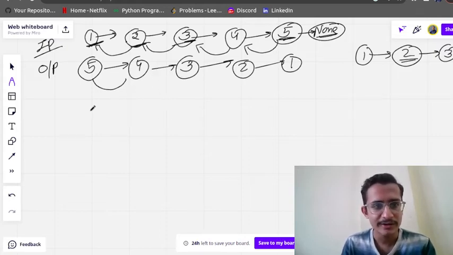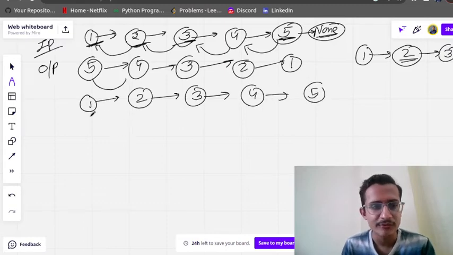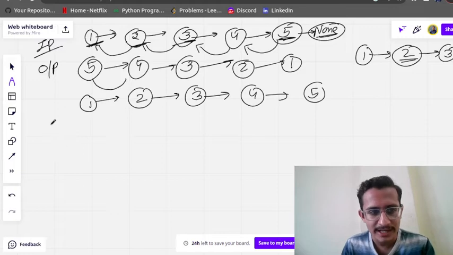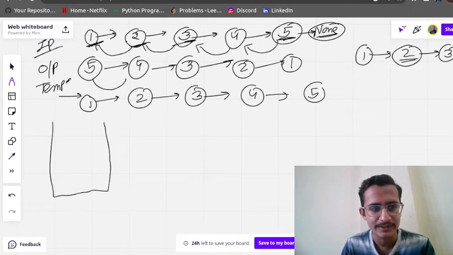So we have to reverse it. One thing that comes to my mind is we need to traverse this entire linked list, and while traversing, I can store the elements in a stack. Initially, this is my temp, and suppose this is my head also.